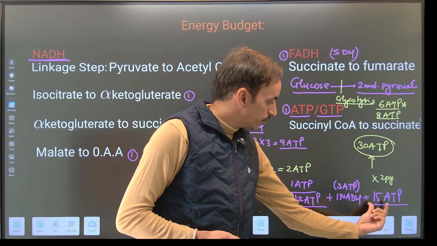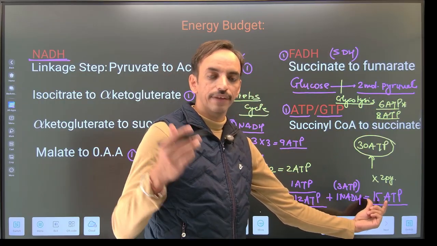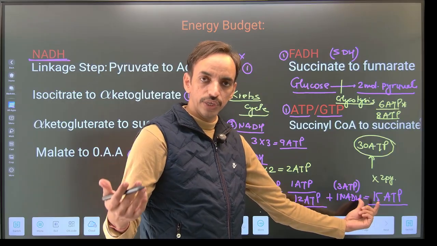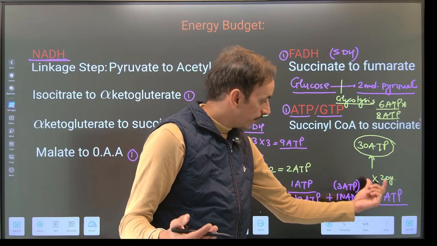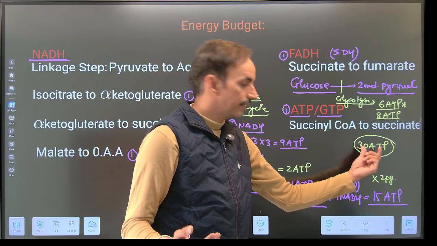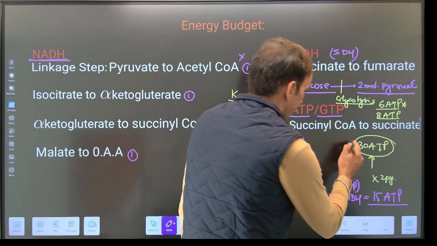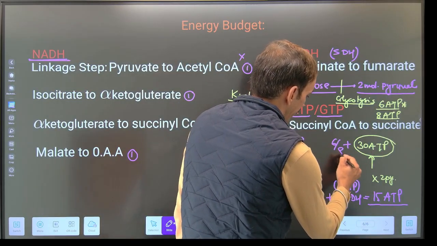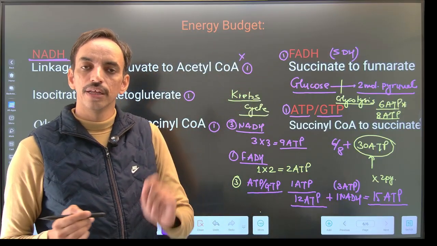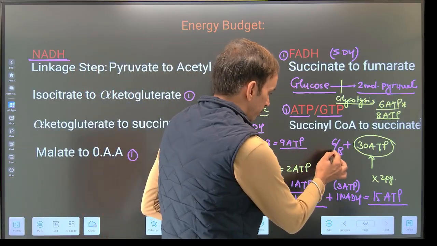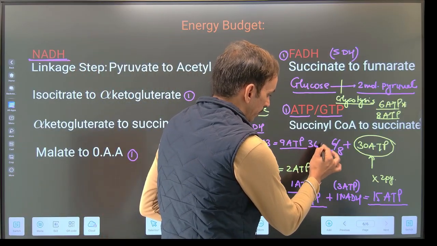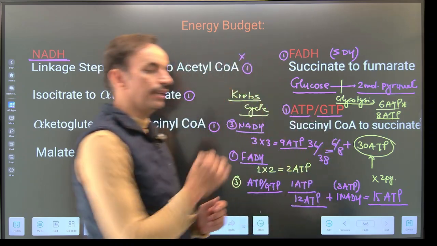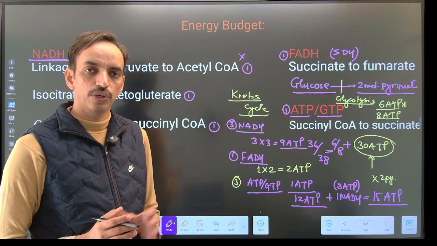From one pyruvate molecule, we are getting 15 ATP through the Krebs cycle and linkage step. And from 2 molecules of pyruvate, we will get 30 ATP plus 6 or 8 ATP, which we are getting from the glycolysis। सो टोटल एनर्जी की बात करें तो 36 और 38 ATP एनर्जी अपने को वन ग्लूकोज मॉलिक्यूल से मिल सकती है।